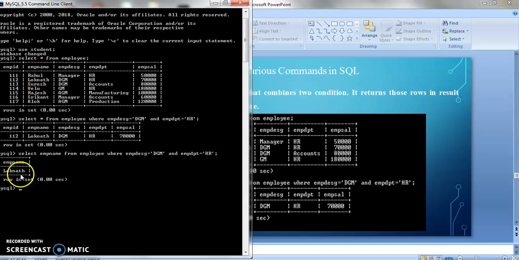You can see the name of the employee whose designation is DGM and department is HR is Loknath. You can see in the table also, Loknath has the designation DGM and the department HR.